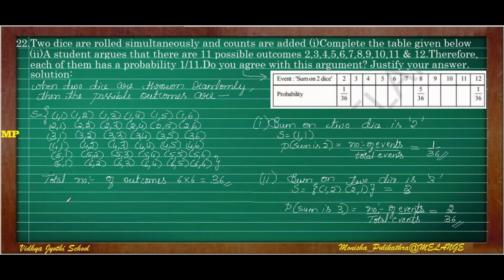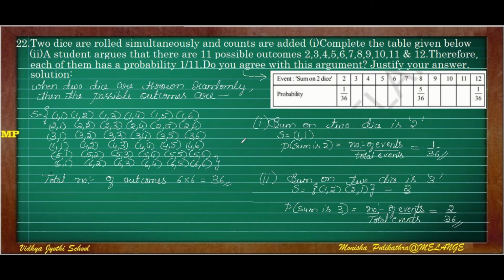So moving on to the 22nd problem. This is a little bit lengthier problem but an easier one. Here, 2 dice have been rolled simultaneously and we have to fill in the table. If 2 dice are thrown separately and we add the numbers, the sum of the 2 dice can be 2, 3, 4, 5, 6, 7 up to 12. If 2 dice are thrown simultaneously, in one die it can be 1 and in the other die it can be 1. If one die is 1, the other can be 2. If one die is 1, the other can be 3. Like that, 36 combinations may fall when 2 dice are thrown.